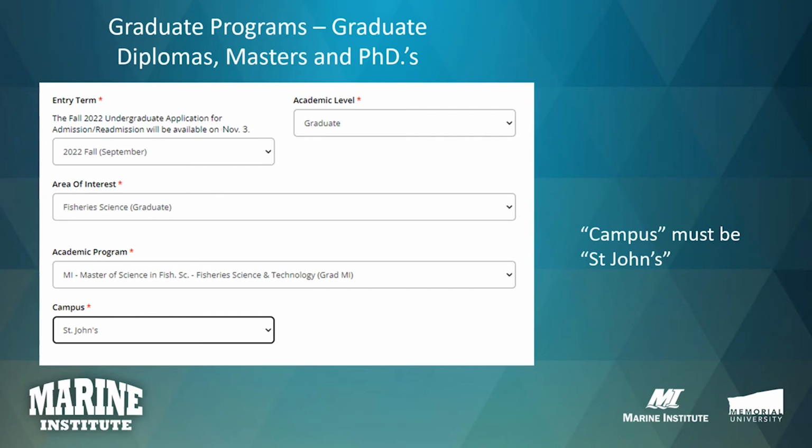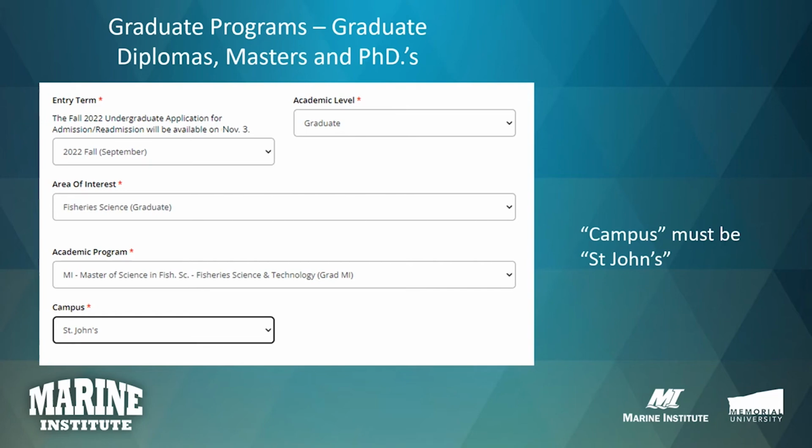Finally, we're going to go through the same process, but indicate what students will need to fill in if they're interested in one of our graduate programs. So for entry term, again, students would have the option to be admitted in the 3 different intakes throughout the year, but we have decided to just remain for this example with the fall semester.